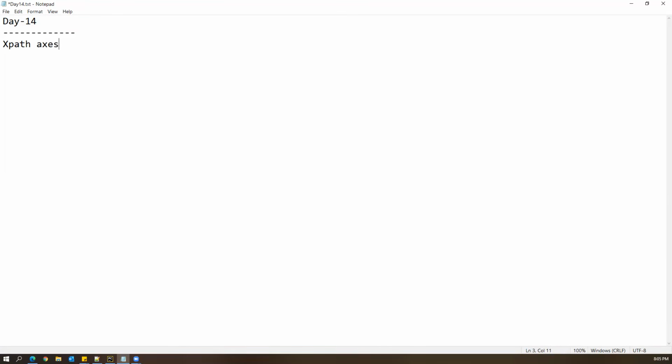XPath axes. Now in this, we have a certain number of keywords available. So by using those keywords, we can also use them inside the XPath. Okay. Now let me just tell you what are those keywords we can use along with the XPath. So self is one keyword. Parent is one keyword. Parent, child,